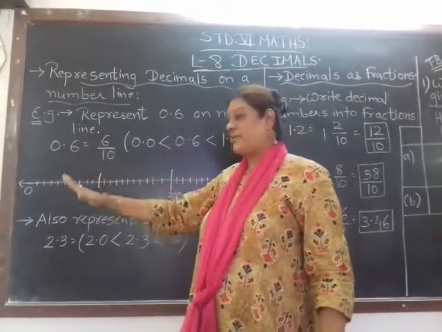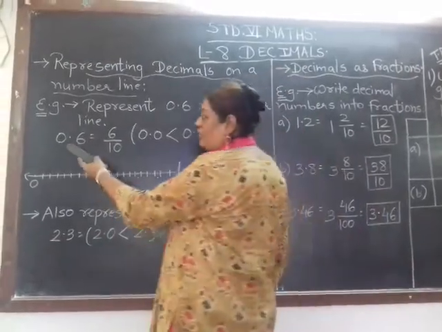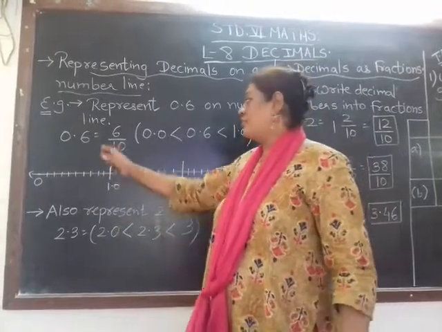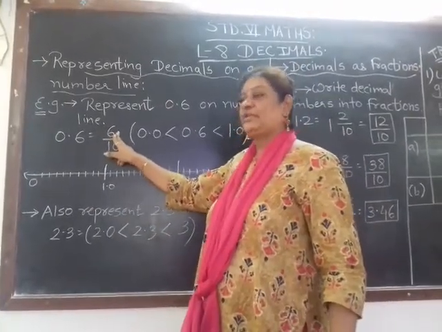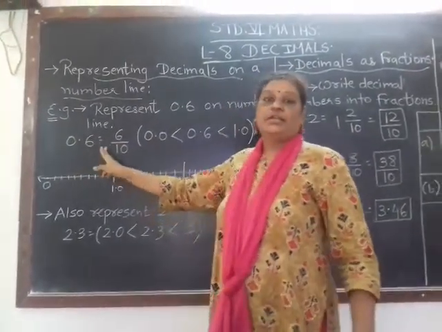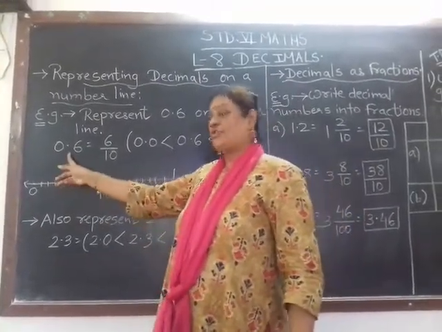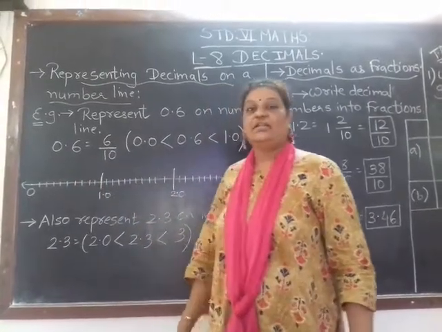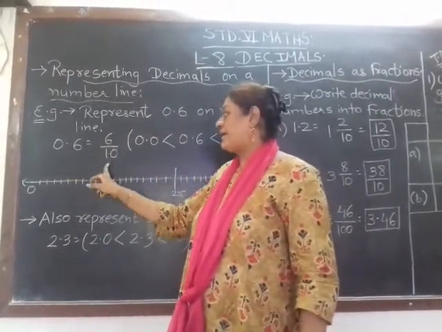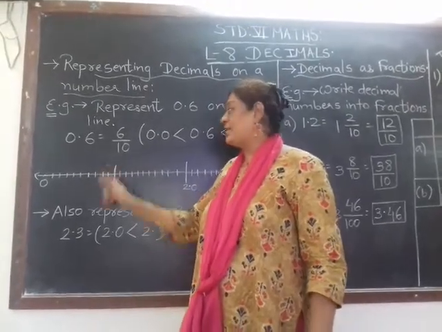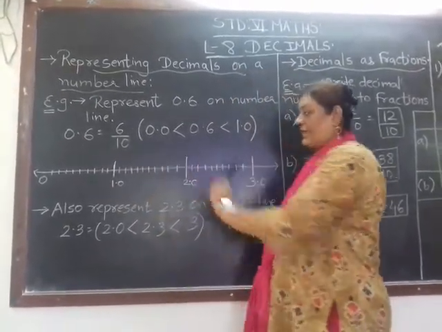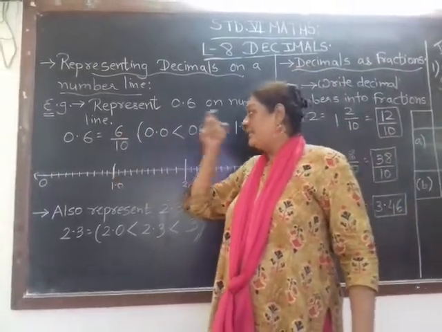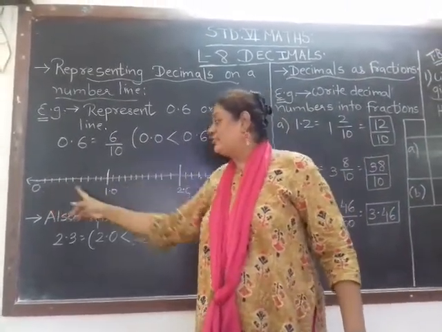So now when you convert into a simple fraction, the zeros that we had added before the decimal point should not be written in the numerator. Only the number should be written in the numerator. But the thing you have to understand is, after the point I have one digit and one zero comes in 10. So the 6 will be divided by 10 as a denominator. So 6 upon 10.